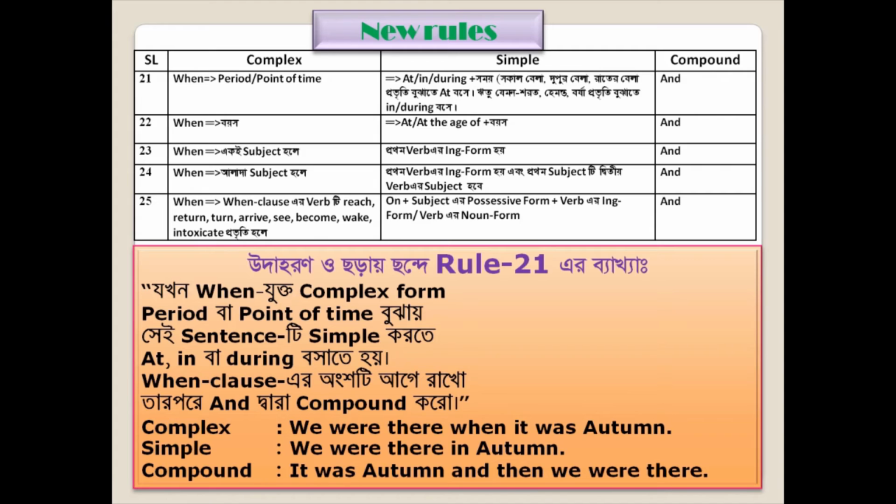Rules number 22. When, there is when in complex. যখন when কমপ্লেক্সে থাকে এবং এটা দ্বারা বয়স বোঝায়, that means when indicates age, you will have to use at or at the age of plus বয়স। In simple, in compound you will have to use and,